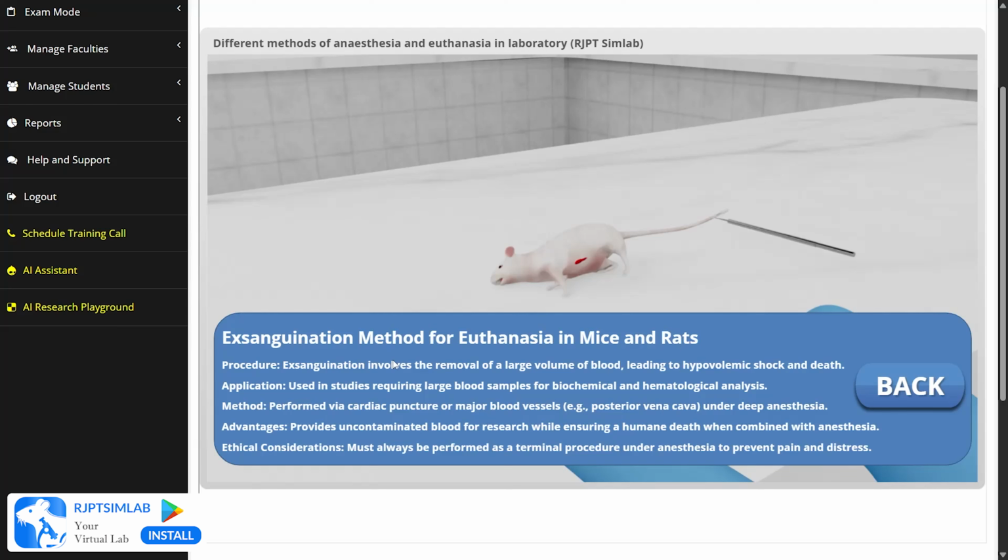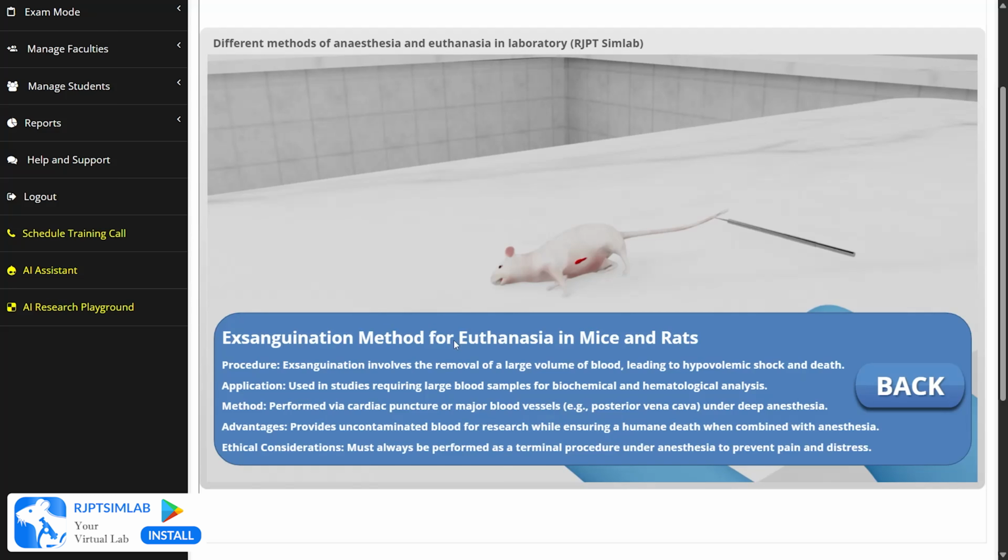The application of this step is that it is used in studies requiring large blood samples for biochemical and hematological analysis. And the method is that it is performed via cardiac puncture or major blood vessels, for example the posterior vena cava, under deep anesthesia. This statement says that the method of this step is that it is performed